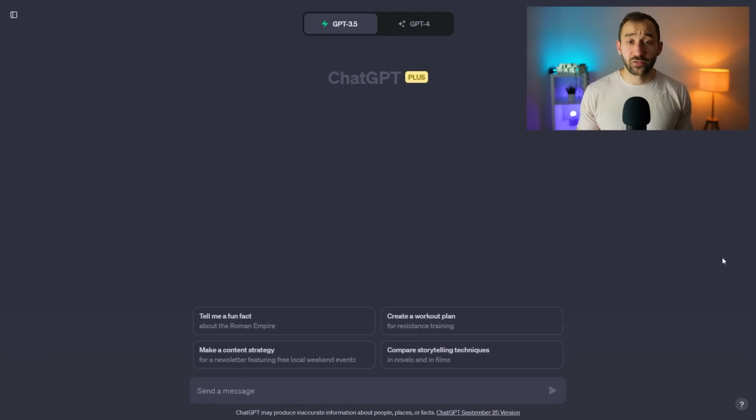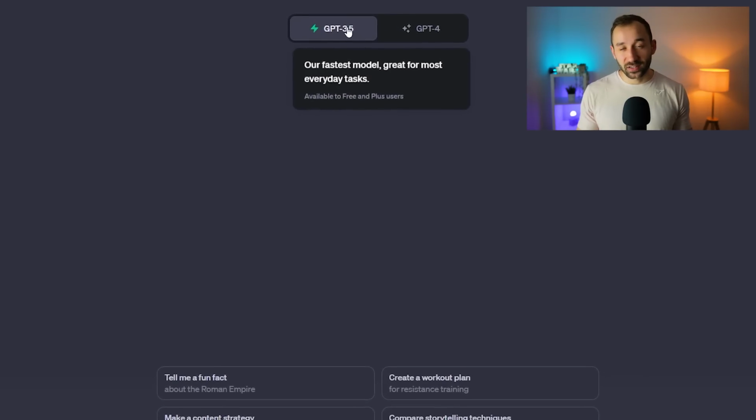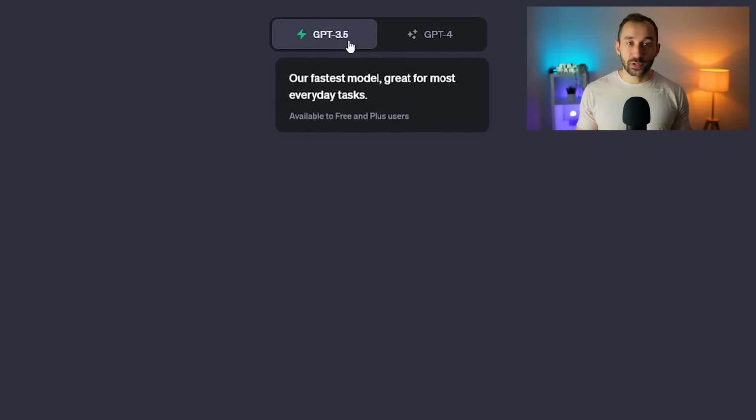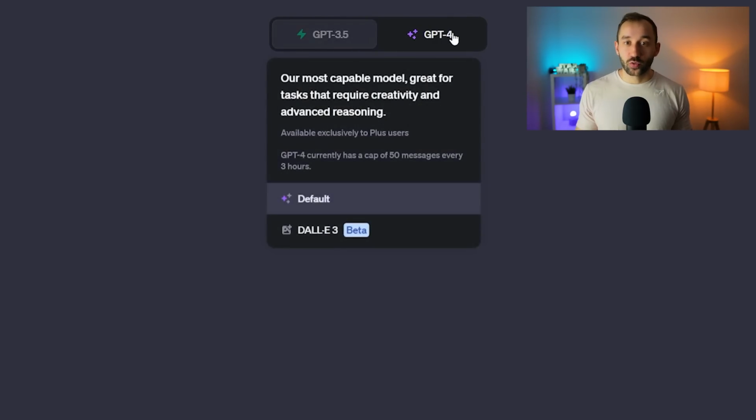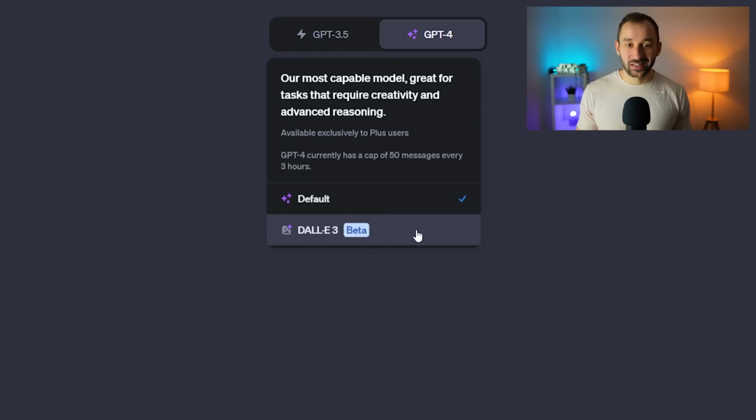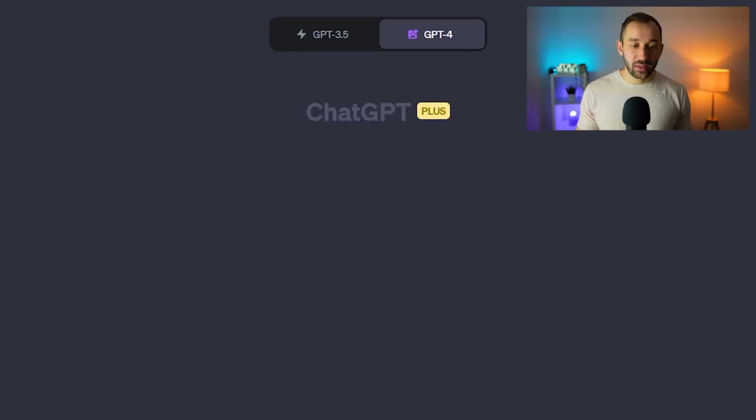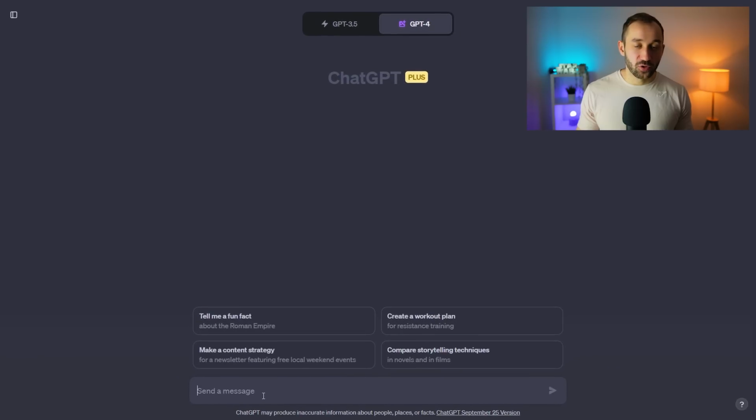So here we are inside of ChatGPT. I've got the Plus subscription enabled, as you can see right here, so that is required. And in order to access DALL-E 3, you need to change it from GPT-3 or 3.5 to GPT-4. And now this drop down comes up where you can select DALL-E 3 Beta. And now anything that you type into the prompt bar at the bottom will actually bring you back 4 different